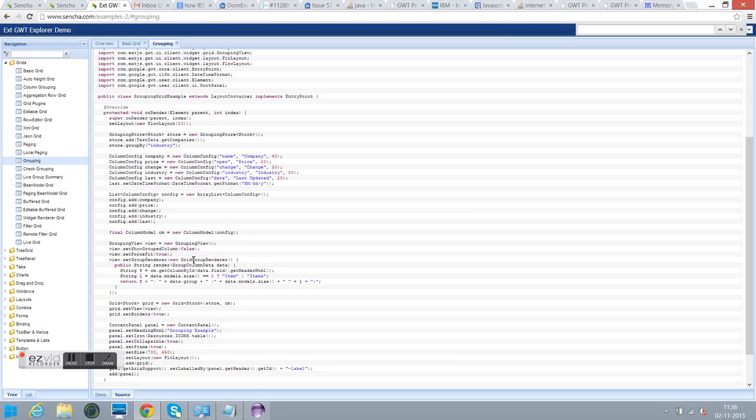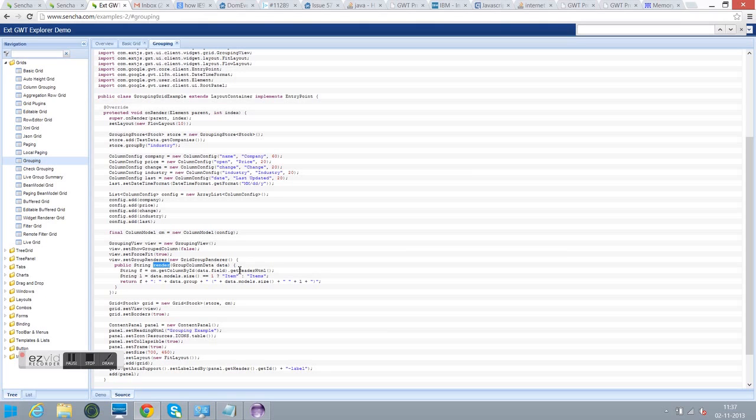If we are doing the rendering only on a single cell, we need to use a grid cell renderer. But here we are doing the rendering for the complete group, so we are using the grid group renderer. This is what we call an abstract, abbreviation class. So here we are creating the instance and using the renderer method, but it does not contain multiple properties, it contains the complete group column data,